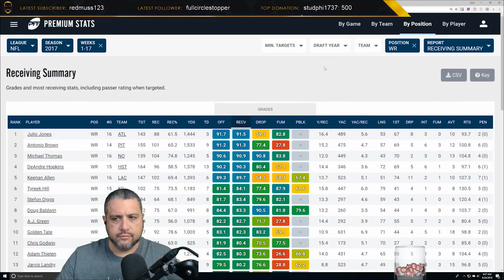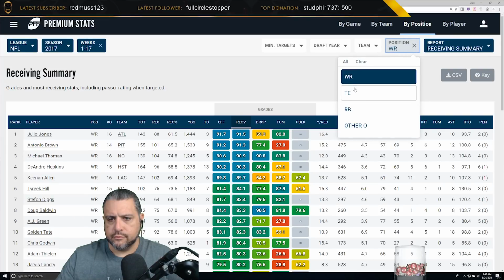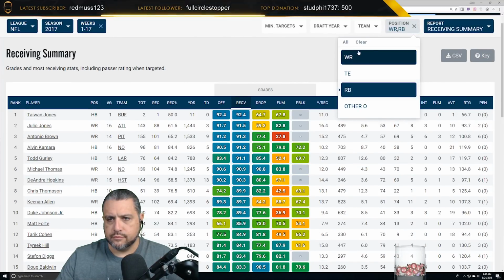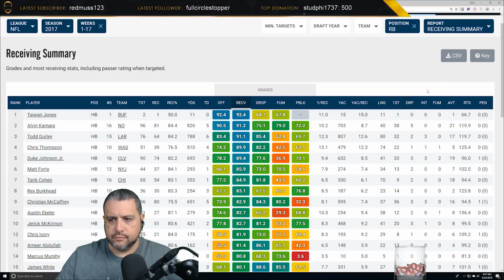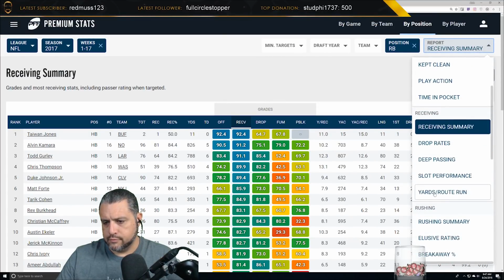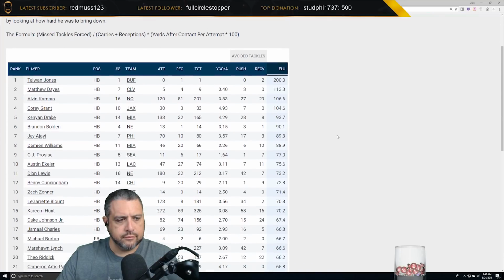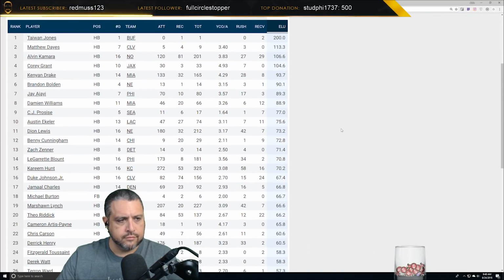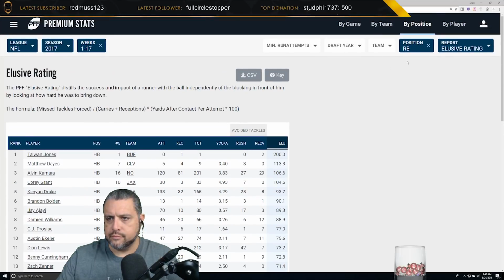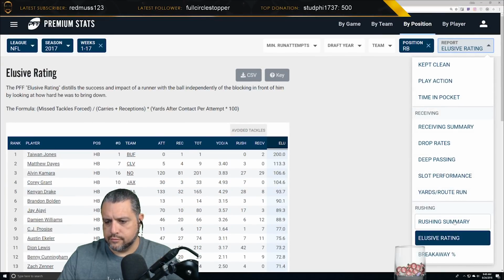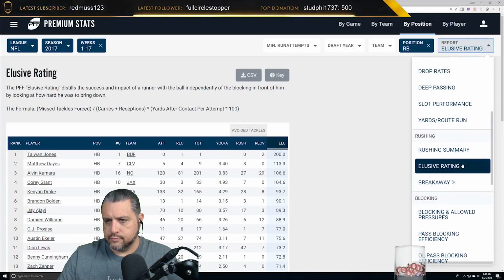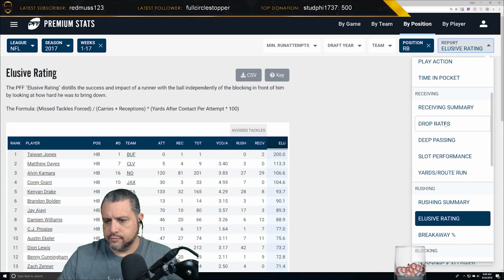I also like to look at, for running backs, elusive rating. That's a great metric for their ground game efficiency, or actually just total efficiency. It looks at missed tackles forced on both a per reception and per carry basis. It looks at yards after contact on the ground. So I think that's really big. And then for all the receivers, you can look at passer rating when targeted. You could look at how they performed in the slot, how often they were in the slot, how good they were on deep targets, their drop rate, pass blocking efficiency for running backs,